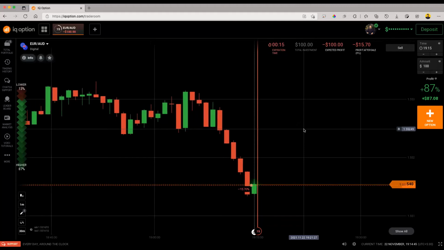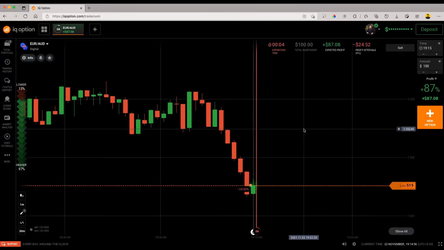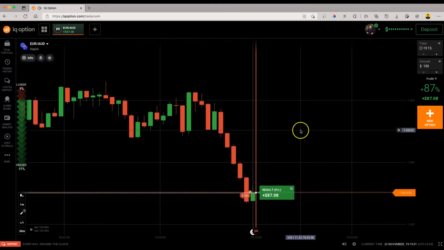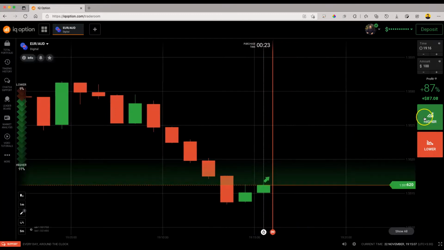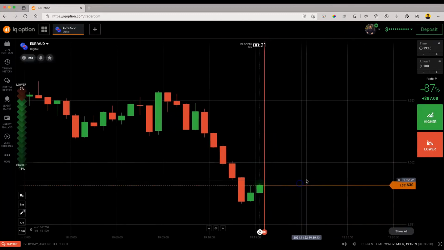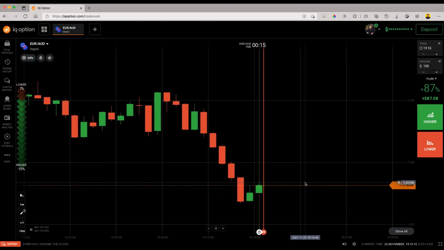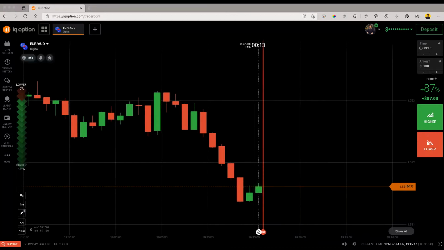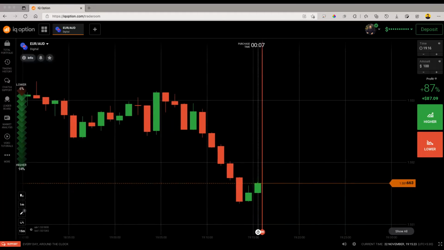In this market situation, there is a probability that the market can reverse from this point only, because we do not have nearby support. So that can be the reason why the market can reverse. So we have got a profit of $87 by a very minute point. If we had executed the trade at the candlestick closing, then we might have made a loss, but we executed the trade with our strategy provided in the binary option secret reveal course, and we have made the profit of $87. Let's wait for the next entry.